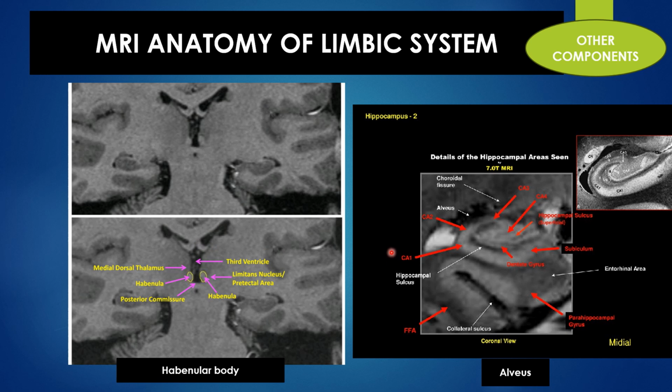Moving on to the habenular body and alveus. Alveus we saw earlier. So this is the alveus, this is a choroidal fissure. Remaining things are nearly the same, which we already saw in the hippocampal formation. We'll talk about how the habenula looks. We saw the habenular commissure and we started tracing it slightly laterally in the sagittal anatomy. Coronal anatomy, how it looks is basically we go very posteriorly. This is the splenium of the corpus callosum and we see part of the fornix. This is the third ventricle and this is the posterior part of the thalamus. Here, this white structure, small nodule, which we are able to see is the habenula,